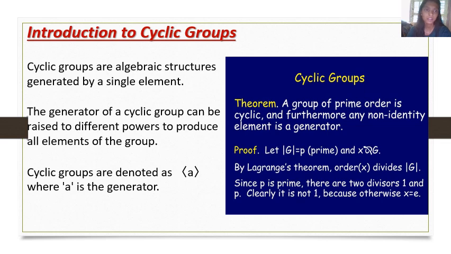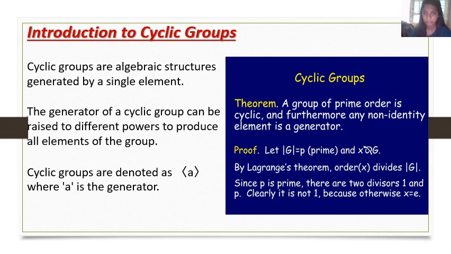Cyclic groups are algebraic structures generated by a single element. The generator of a cyclic group can be raised to different powers to produce all elements of the group. Cyclic groups are denoted as ⟨a⟩, where a is the generator. Here, there is a theorem: a group of prime order is cyclic, and furthermore, any non-identity